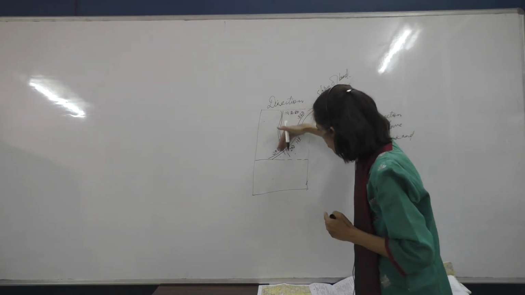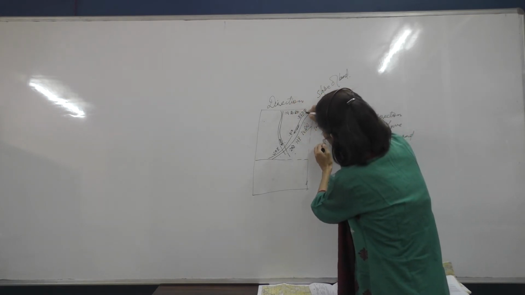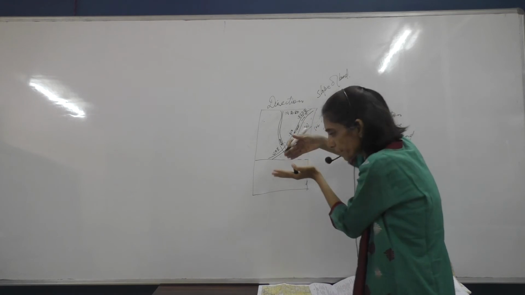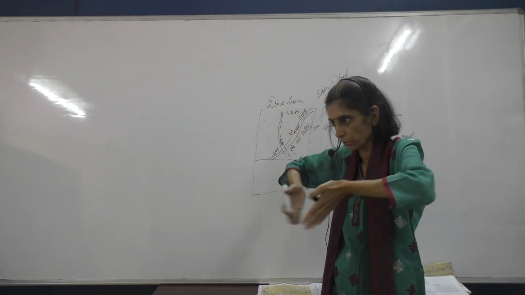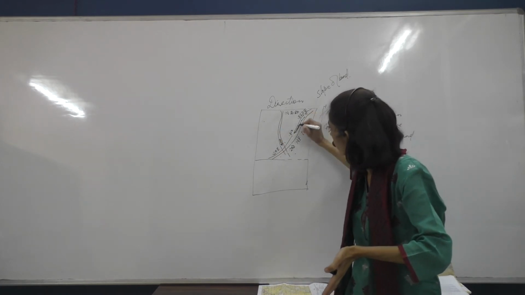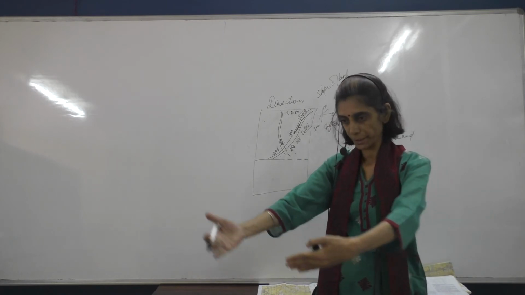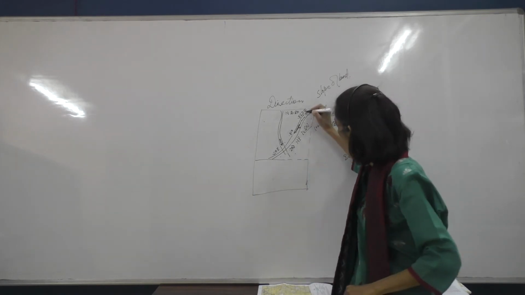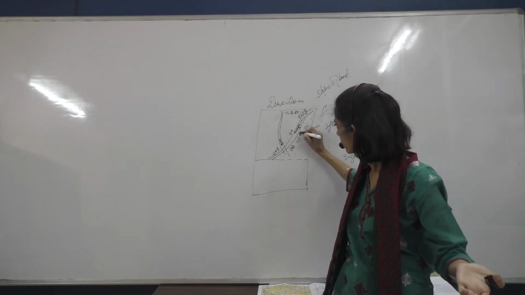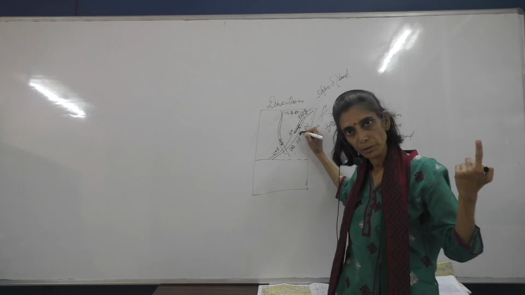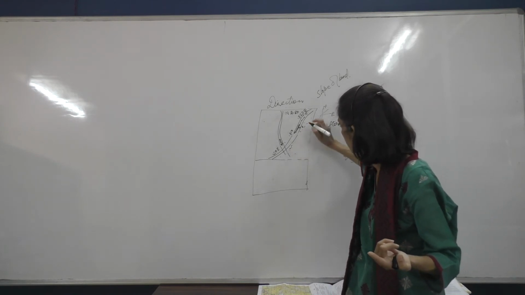So if the river is flowing like this, you stand here, the water is flowing in front of you, going forward in front of you. The water is coming from your back and flowing forward. Then whatever is in your left hand, if there is a settlement here in the left hand, it will be called as the left bank. This will be the left bank.